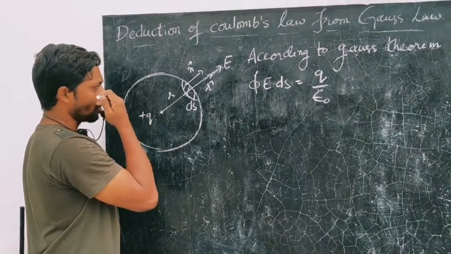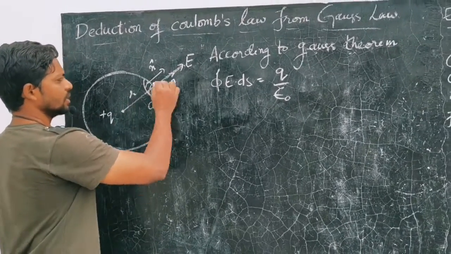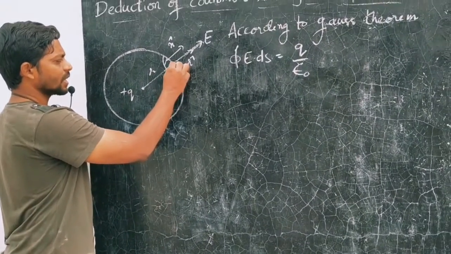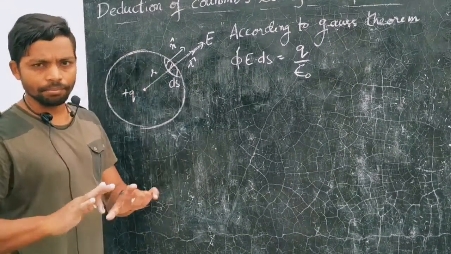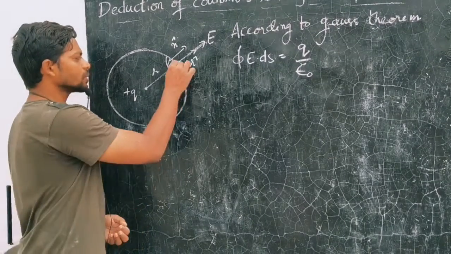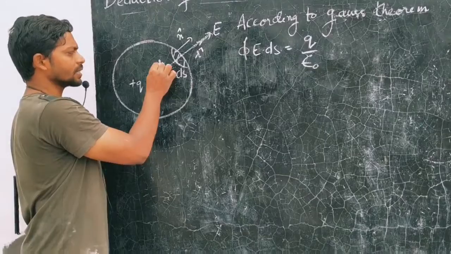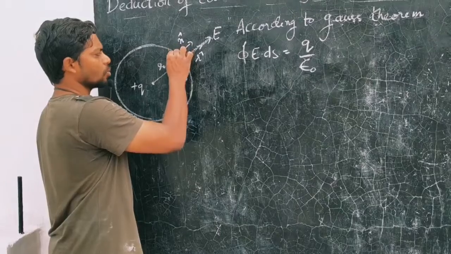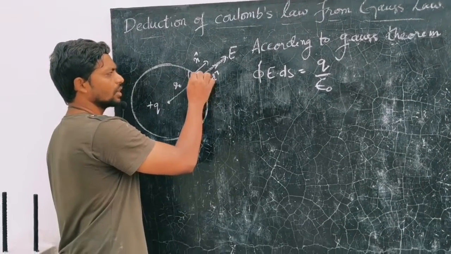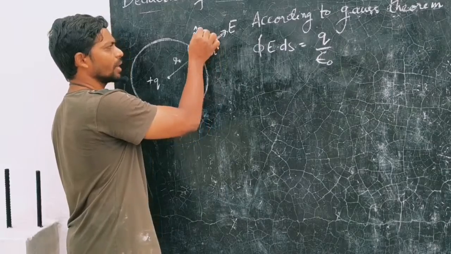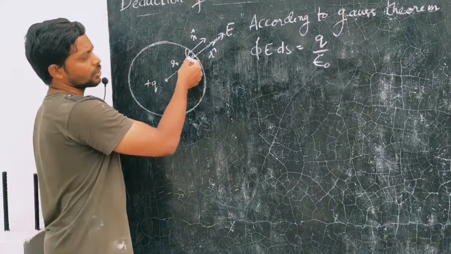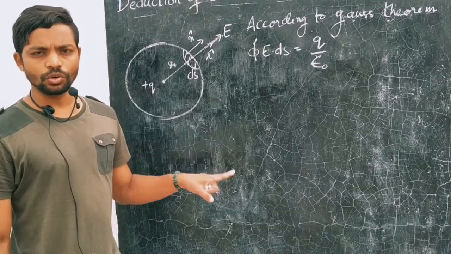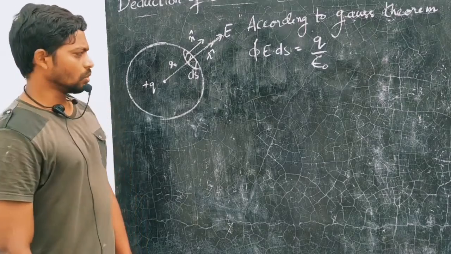Now if you see the electric field intensity, that is radially outwards, and if we consider electric field intensity at any point on the sphere, it is the same, it is constant, because all these points are at the same distance from this charge, that is, at a distance of r. So this much is very clear. And if we consider a small area element here, the area vector direction is given by n cap. So you could see here the direction of electric field intensity as well as the area vector is the same. So in that case the angle between them is 0. So cos 0 value is 1. Okay, now we'll move on.